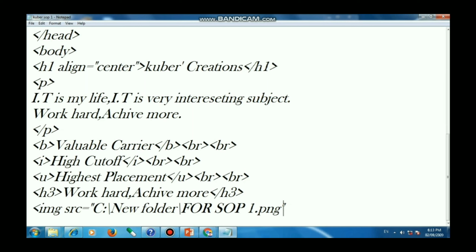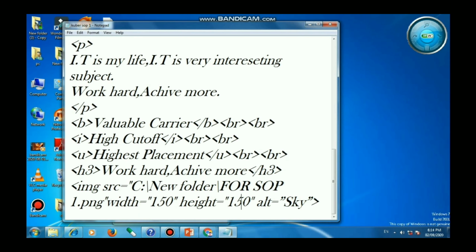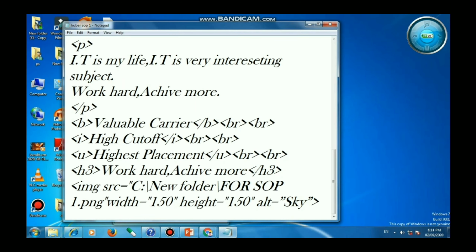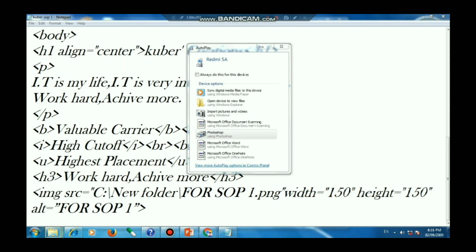Once you paste the name of the file, this .png is very important, so make sure that you have typed it. Then give your height and width to your image.